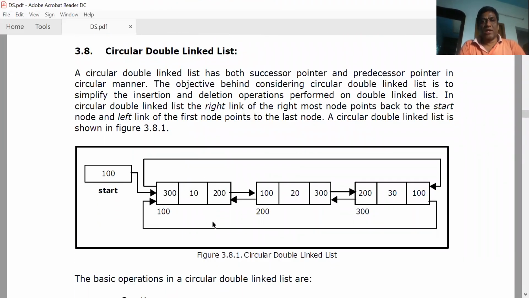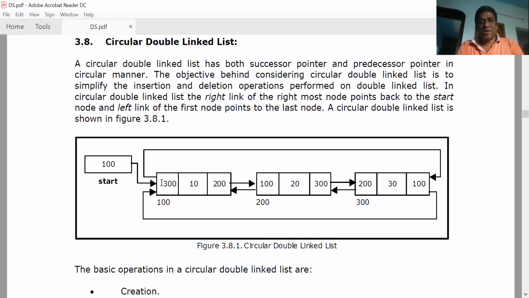A circular doubly linked list is a doubly linked list in which the last node's next pointer points to the start node, and the first node's previous pointer points to the last node. Observe the difference.